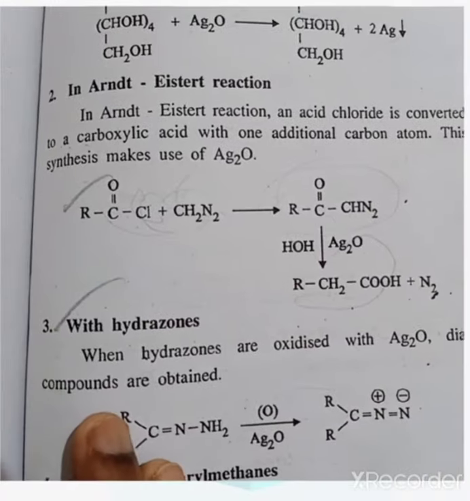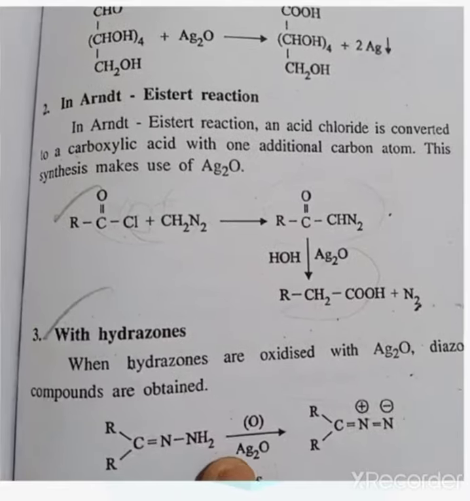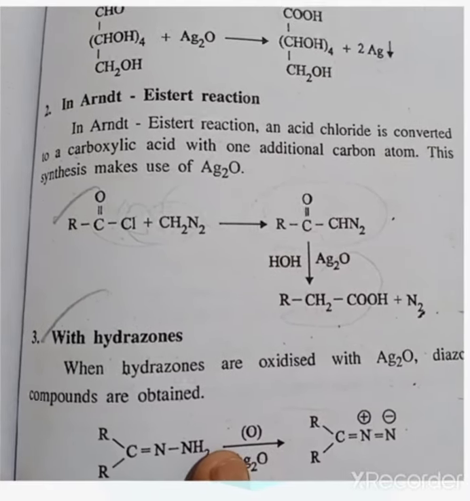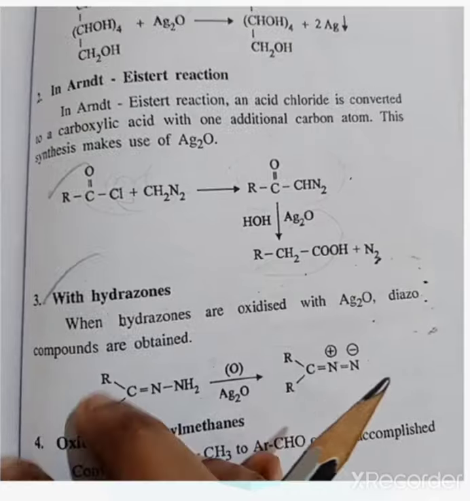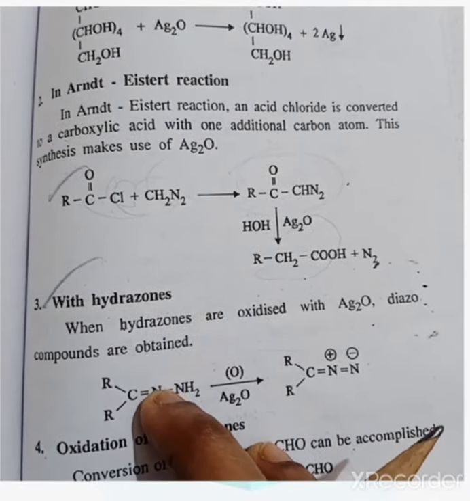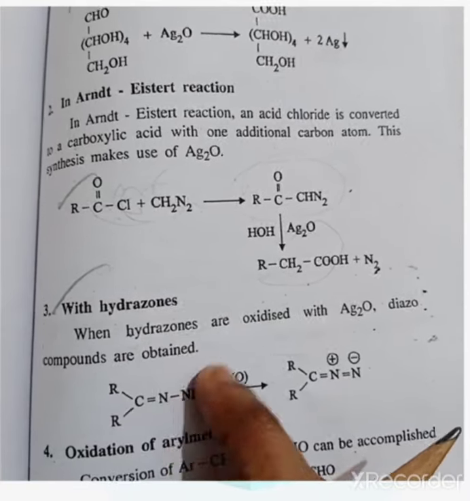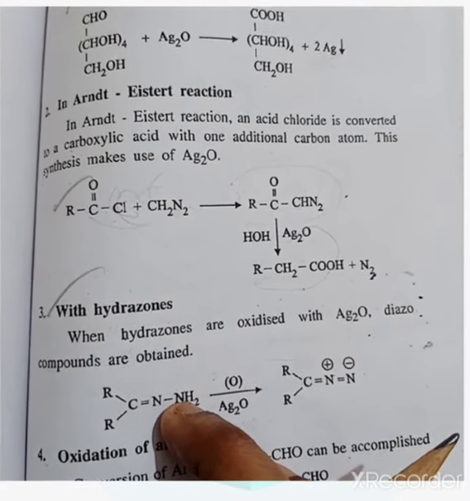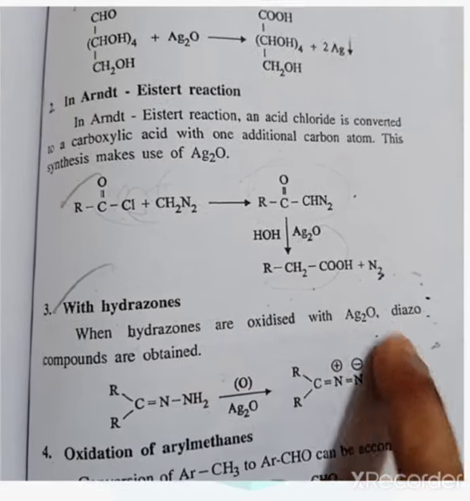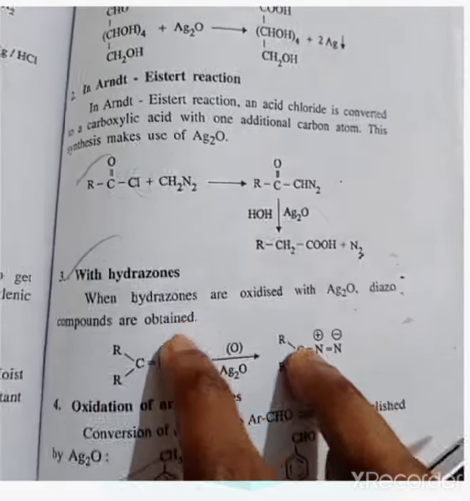Okay, next we come to hydrazones. Hydrazone means N bond NH2. It is said to be hydrazone. Okay, it undergoes oxidation. So here it undergoes oxidation. The H2 will be removed. Here H2 will be removed. It acts so that a single bond becomes a double bond. Okay, because it contains N plus, here it contains N minus. Okay, because it contains 2 lone pairs of electrons here. Okay, so it is said to be a double bond. Okay, it is an oxidation compound. It is said to be diazo compounds, which contain one positive and negative charge, a dipolar compound. Okay, it is a simple reaction of hydrazones.